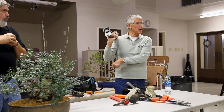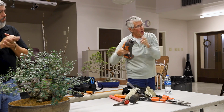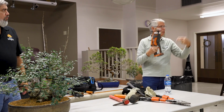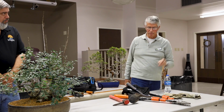I even have a chipping hammer to go through rocks if you're looking at the side of an embankment. I've actually used it to chip away the sides of an embankment in order to pull a tree or get the roots loose. So gloves mandatory, clothes optional,